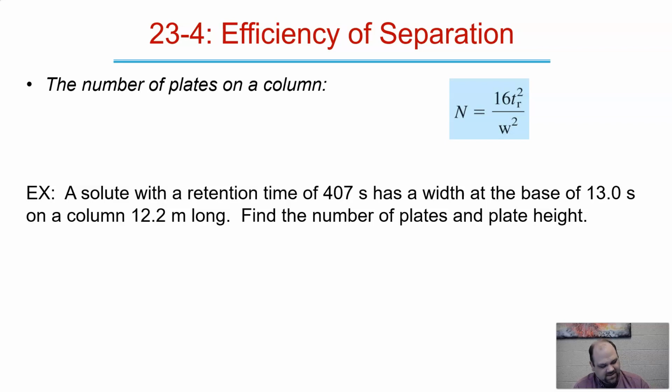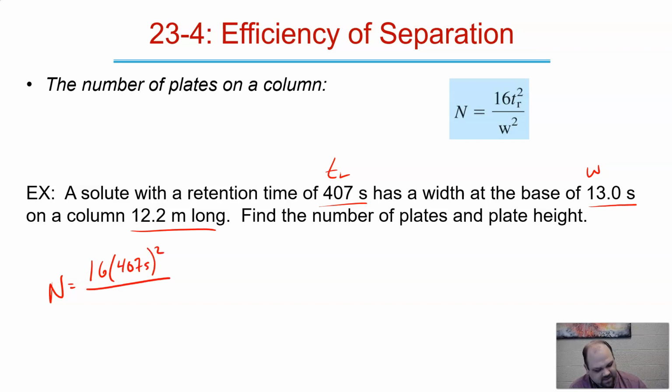Okay. Let's do a quick example. We have a retention time of 407 seconds, so that's TR. We have a width at the base, so that's W, of 13 seconds, and the column is 12.2 meters long. Find the number of plates and the plate height. And so let's see, the number of plates is equal to 16 times 407 seconds squared divided by W squared, 13 seconds squared. Now our units cancel here, but 16 times 407 squared divided by 13 squared, I got